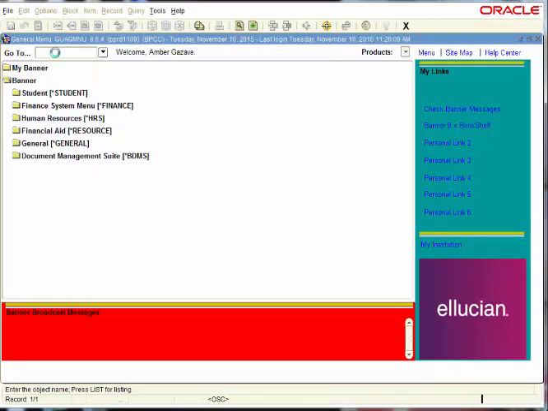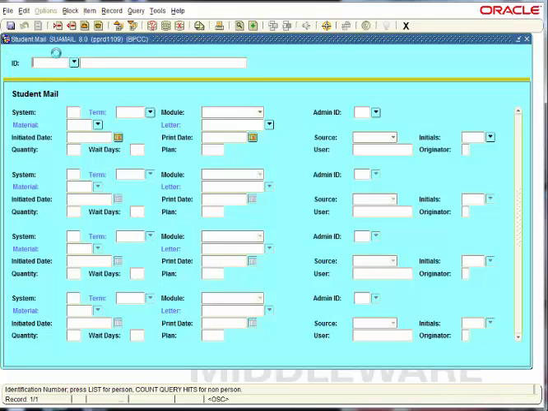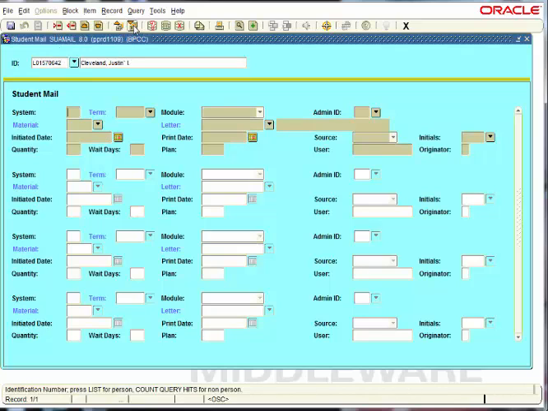Now, the last thing I want to show you is how you can go and see that this email was actually sent to the student. You go to SUAMOL. This is the one reason I love Baseline Banner Communication, because it actually puts on the student's record when we send out emails to them using the process. So you would go to SUAMOL, you would enter the banner ID, you perform a next block, you would select execute query, and it would show right here that this letter was sent to the student. Now, because I didn't hit save on SOREMAL, there's no print date, but when you would run it, you would hit save and those emails would go out, and that student would have a print date right here indicating they received that email on this particular day.